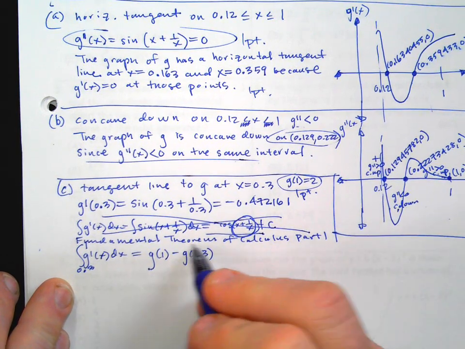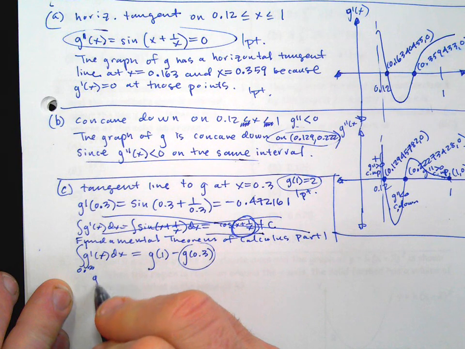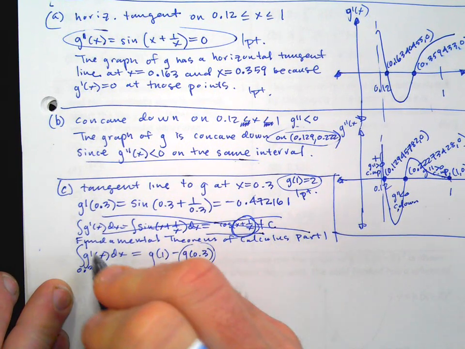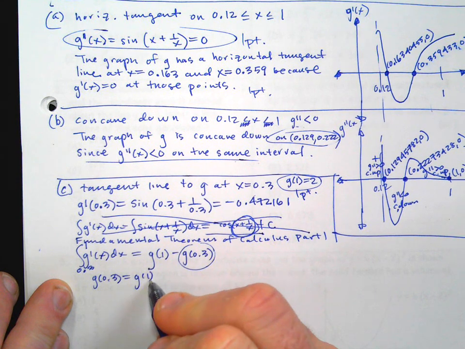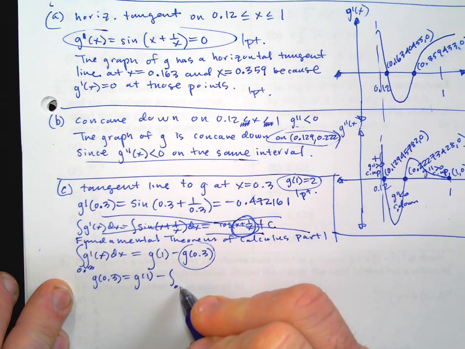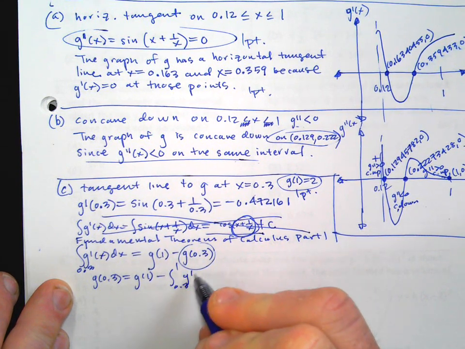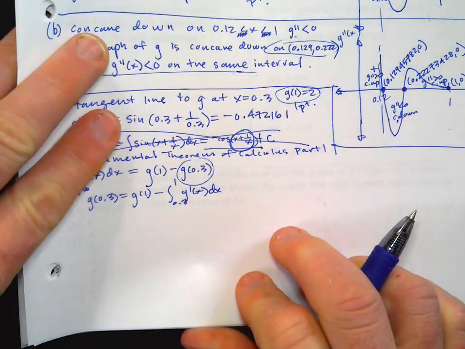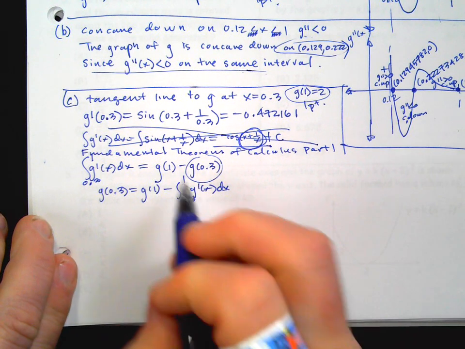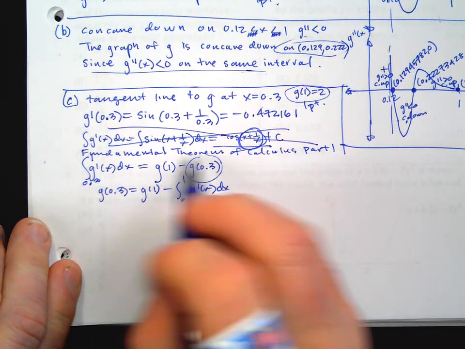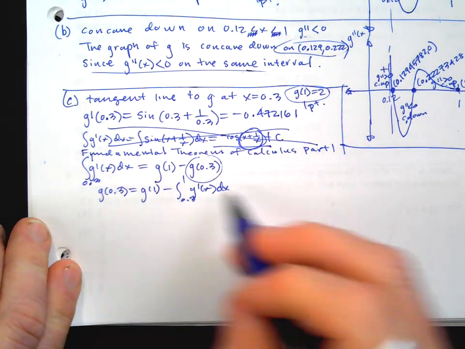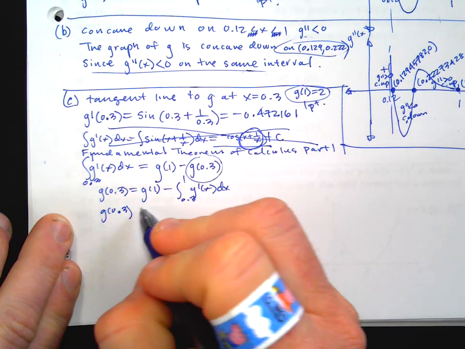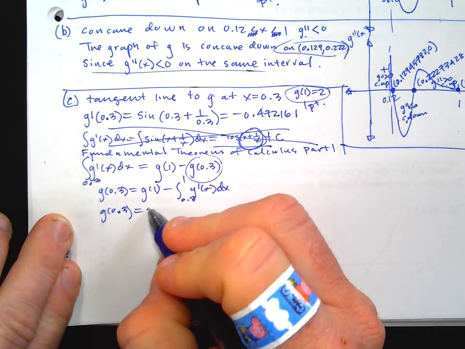Now, this is what we're trying to find. So we're going to write, okay, well, G(0.3) equals, so we're going to add this over here, subtract this over here. So I'm doing a little algebra in my head. You can show more work if you need to. And this is work you need to show. They're going to give you a point for using fundamental theorem of calculus part 1. You don't have to say it. You got to show the work for it. So G(0.3) equals G(1), which is 2,